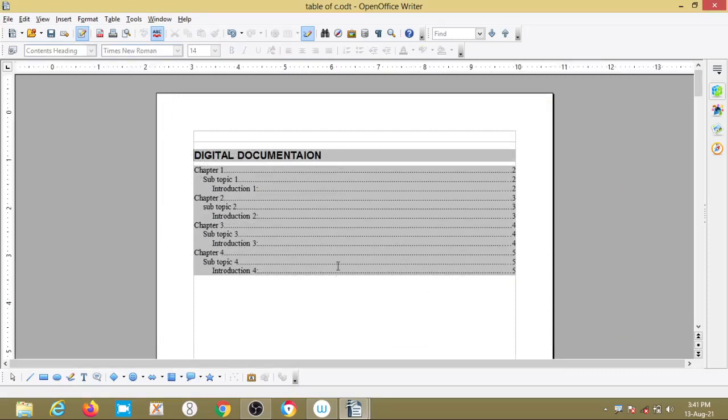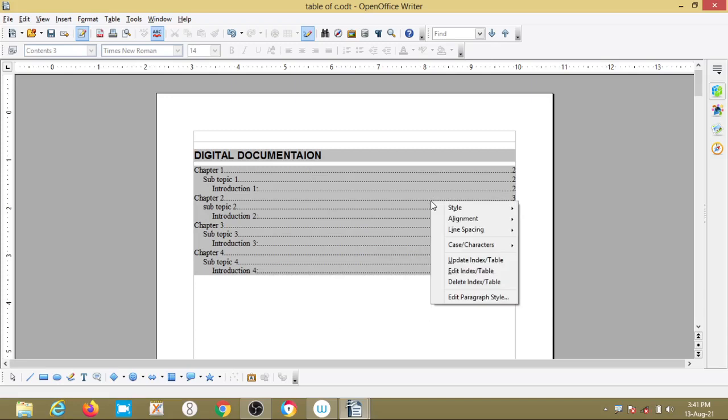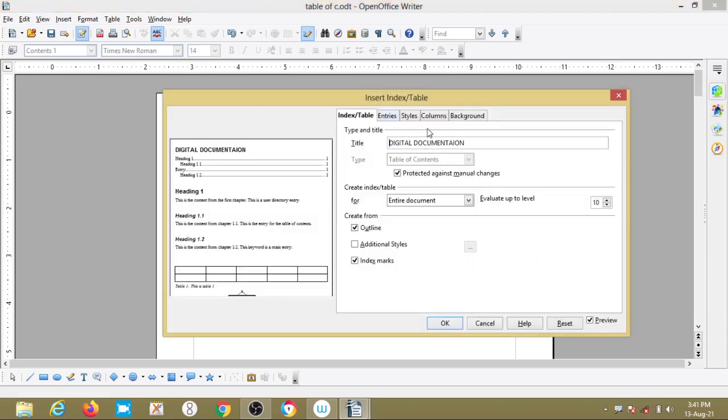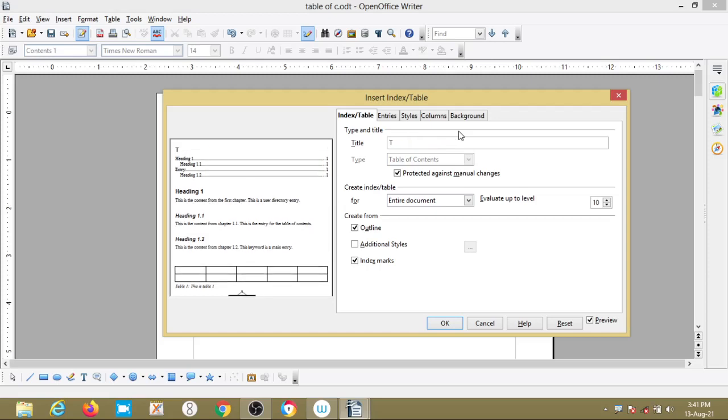If I do not want this digital documentation title, right click on the table of contents, go to edit, so here I do not want this table of contents.